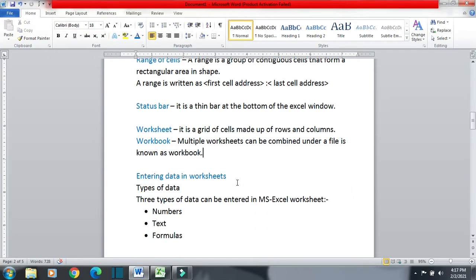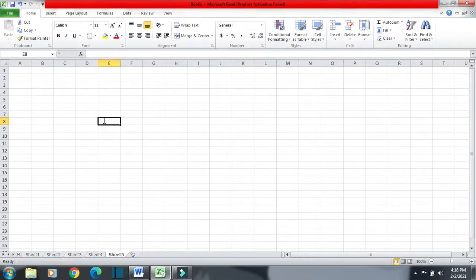Next topic that we are going to study is entering data in a worksheet. What are the types of data that you can enter in a worksheet? Three types of data can be entered in an MS Excel worksheet. You can enter data as number, as text, or you can enter a formula also. For example, I have entered a number, and you can see the number is right aligned.